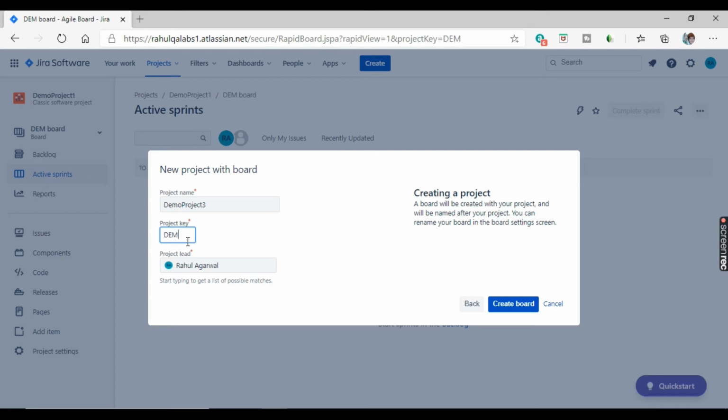So that is up to you. This has already generated like DEM, and this is the project lead, like the person who is creating the board. So as of now, I created the board, so my name is there. So if some other person is creating, his or her name will be there. Okay, so we'll click on create board.